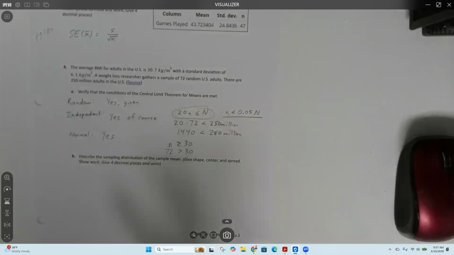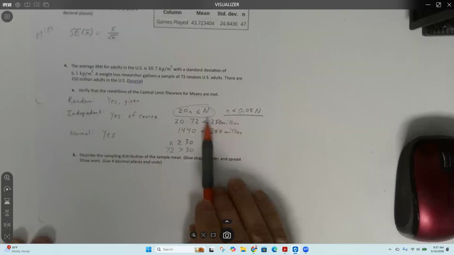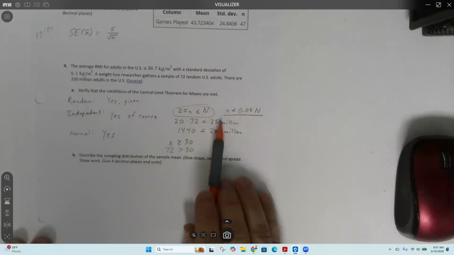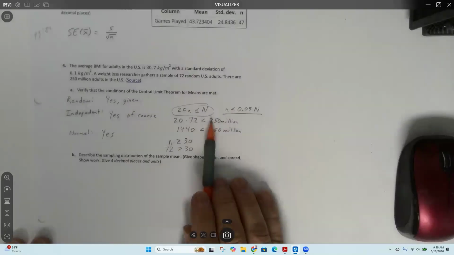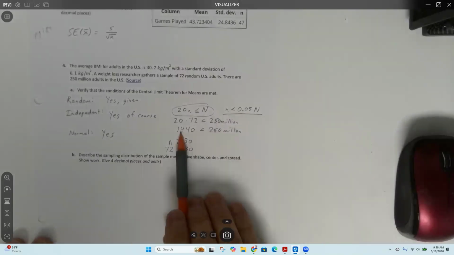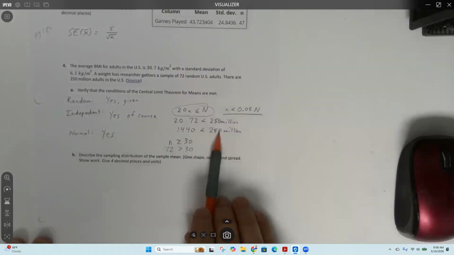Even then, though, that's not a great sample size. The larger your sample size is, the more accurate your results are going to be. Now, obviously, you can't go above 5% of the population size, right? That's one of the other conditions. But as I said a second ago, we're never going to get even close to that. For independence, your sample size is going to be tiny compared to the population size.